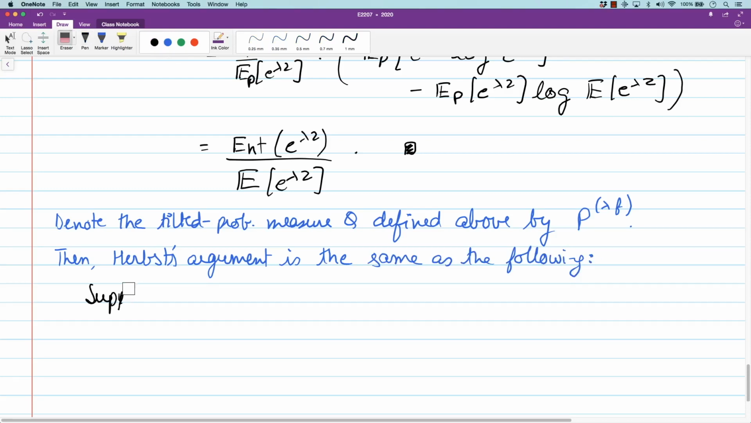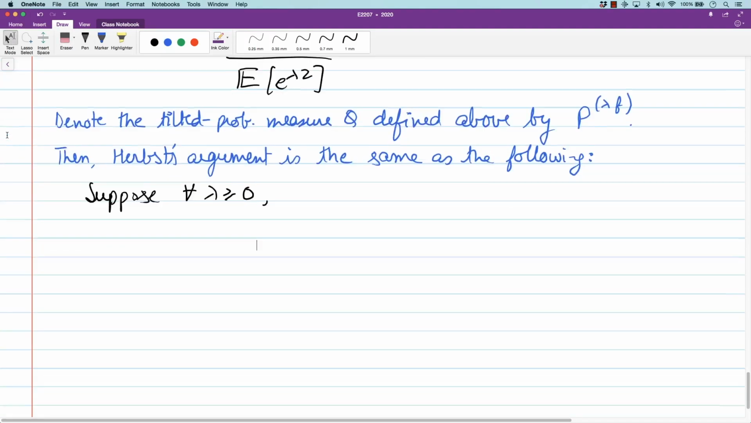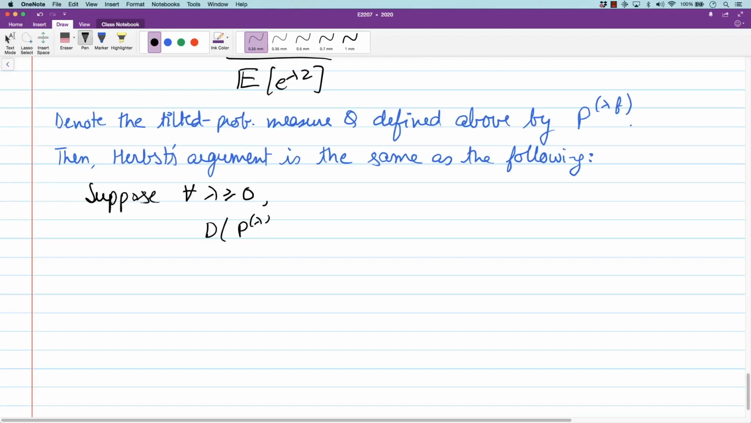Suppose for all lambda greater than or equal to 0, the divergence between the tilted measure of lambda f and p is less than or equal to lambda square v by 2. Then the log moment generating function